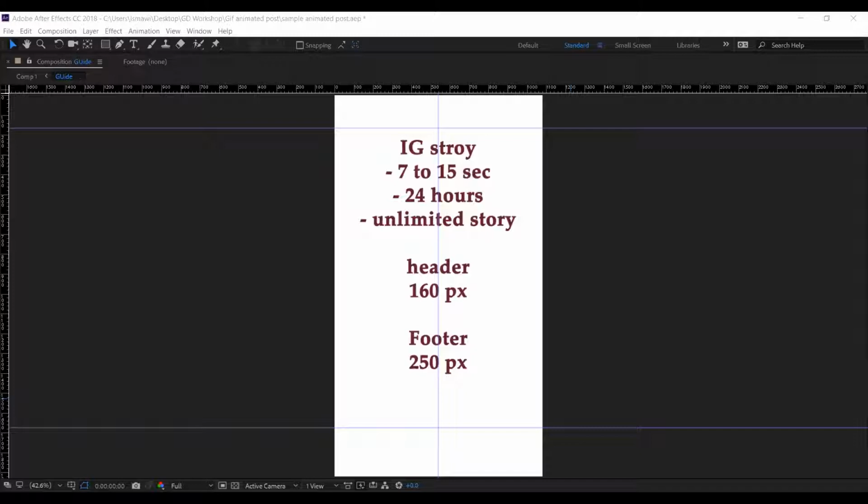So make sure you already have your material, and please open your After Effects with the IG story document setup or document setting size, so that we can do it together step by step. If you have any problem, you can chat with me. For your information, today I'm going to use After Effects CC 2018. Maybe some of you are using a newer or older version, but don't worry, because we're using all the default tools. We aren't using any plugin or additional installation inside the software.